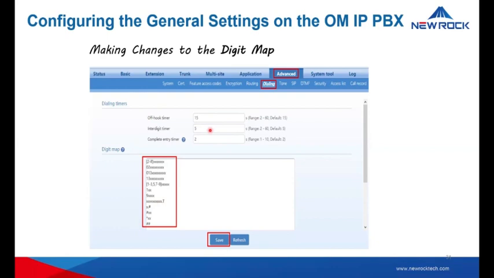For a number with more than 10 digits, the device terminates receiving the digits once it exceeds the value, and it will directly call that number. Okay, so that's for the digit map.